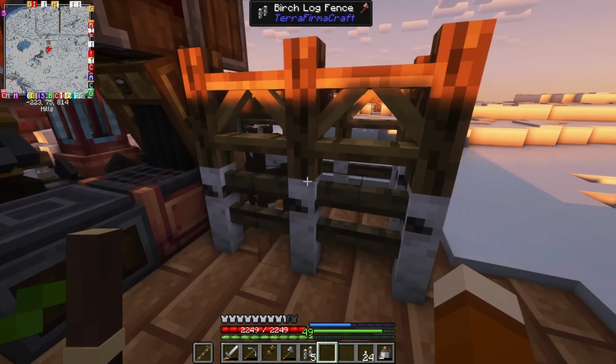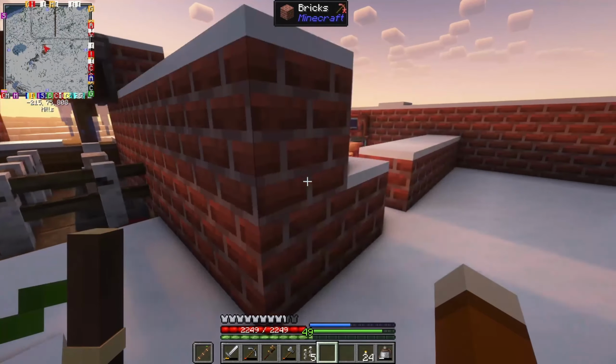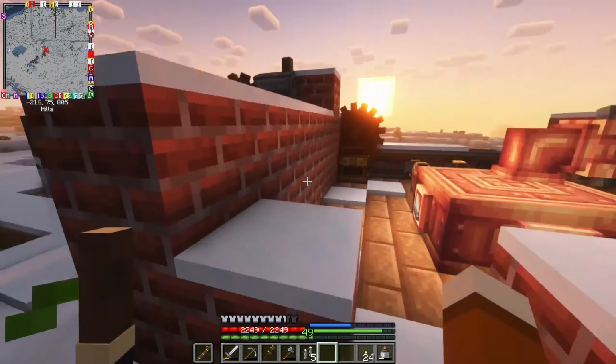And then you can't use a mechanical crafter to take the ingot out of the mold. I've tested that. So I don't know if we'd be able to do that. What we might look at doing